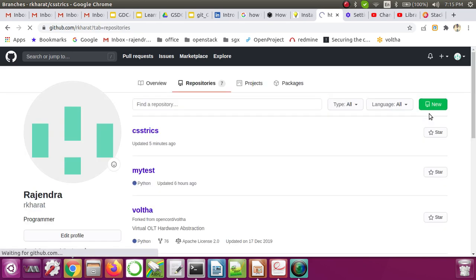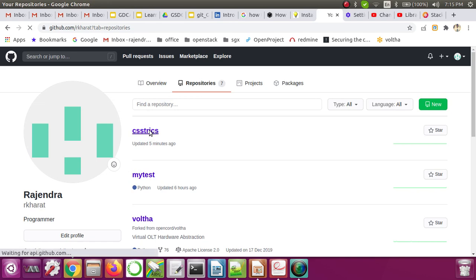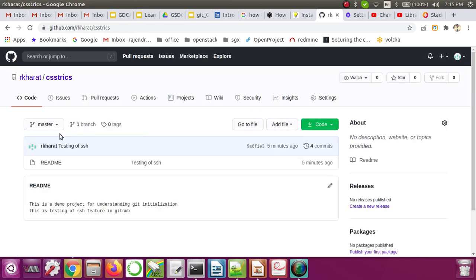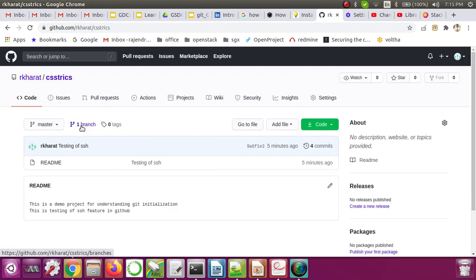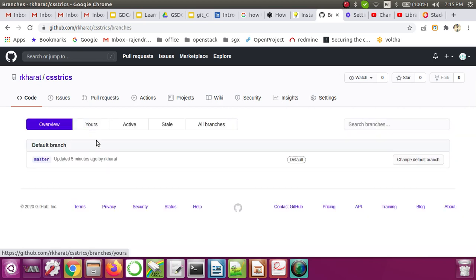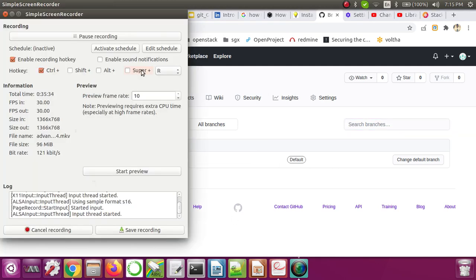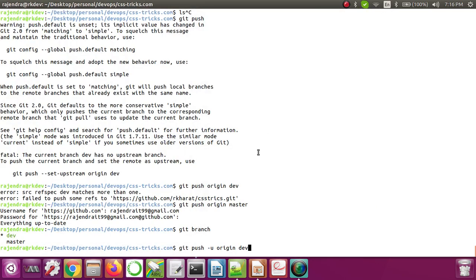Let's go to the repo, go to this project. Now what we are doing is pushing whatever changes we have done in the readme for this dev branch to the remote repository.